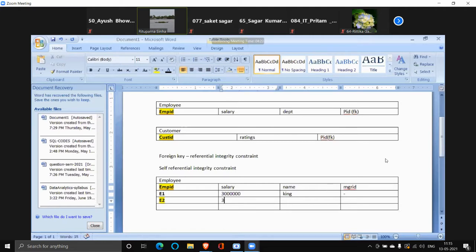The salary is 3,000. Name is AB. And the manager ID value is E1. I have a third employee. Name is PC. And the manager ID is E1. And I have a fourth row.